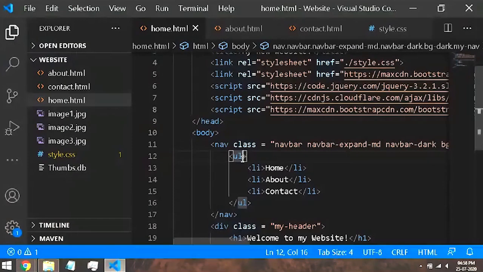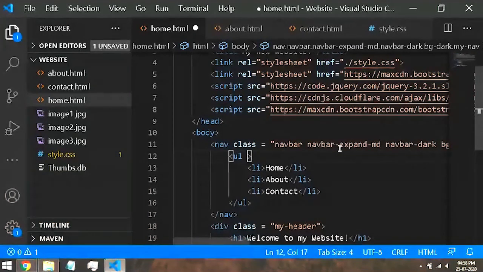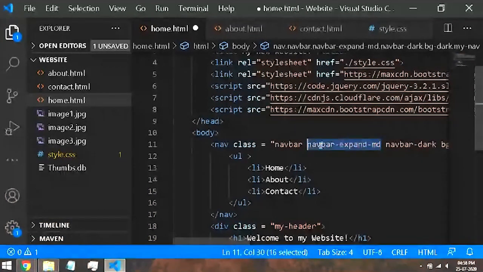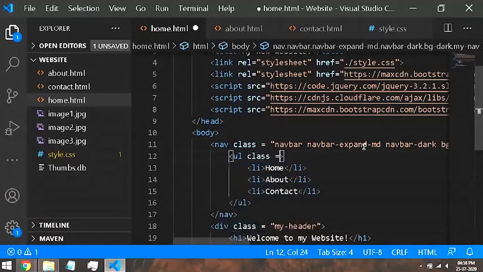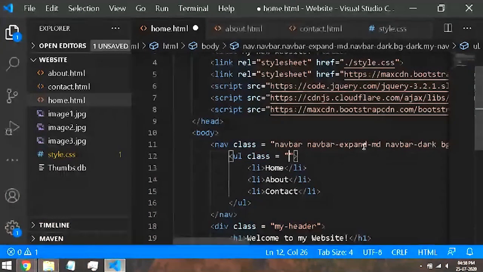But it is always better to specify that, just in case, because you should also know that there are multiple browsers out there: Chrome, Opera, Internet Explorer, Mozilla Firefox, and all the browsers have their own engines for rendering HTML, and some browsers may support something and some browsers may not support something. So it is always better to specify such things, even if it's happening by default. So yeah, moving on. We also need to add a class to this unordered list called navbar-nav.